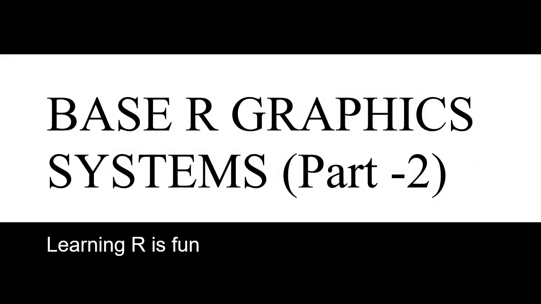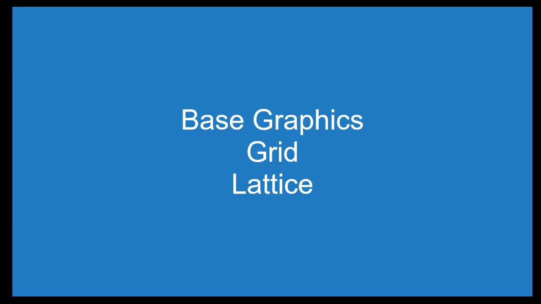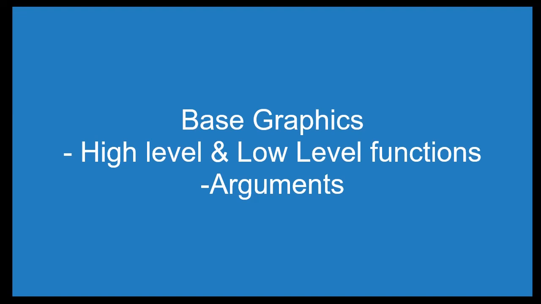In our last video, we have seen some basic aspects of the R graphics system. Basically, there are three systems. One is base R graphics, another one is lattice, third one is grid, but we have been concentrating on the base R graphics. We have seen in base R graphics, high level and low level functions are there, and different types of arguments can be given. And we can build a chart using a high level function. Thereafter, we can use a low level function and add something more to it.